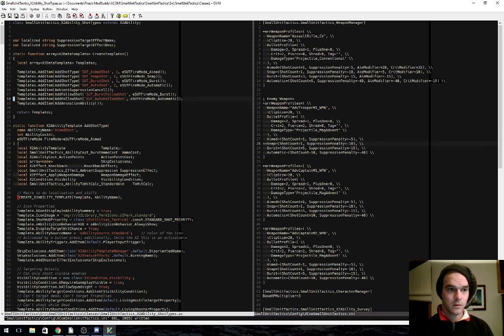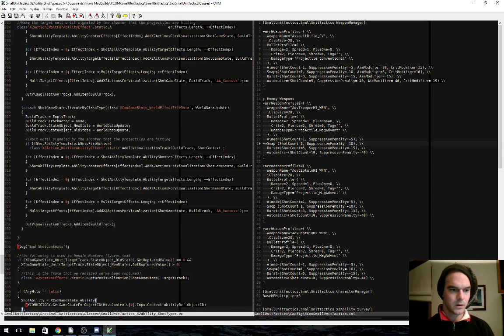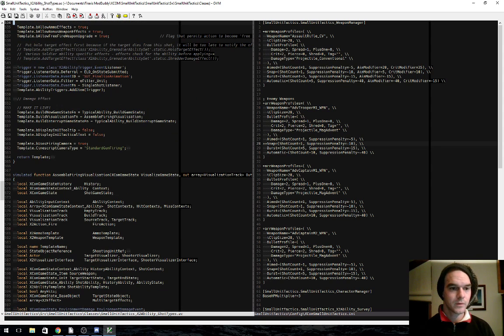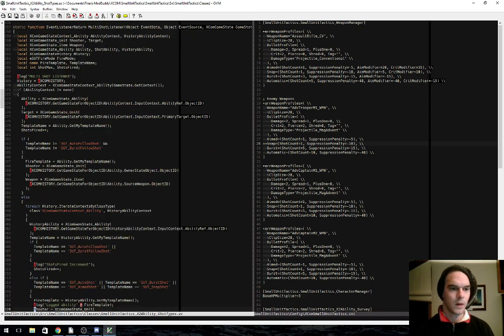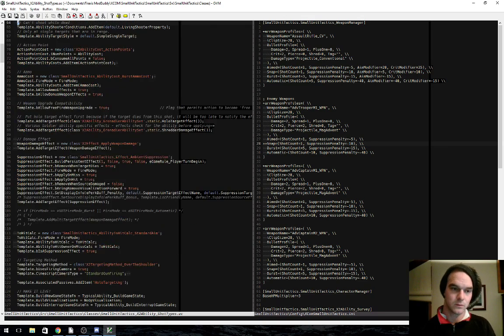Alright, so I'm going to fix up the visualizations for all of this stuff, this shot type. What I did originally is I deferred it all for a finalize animation ability, and what I'm going to try and do is get rid of that as the way to do visualizations and instead do each step, as it were, and do the necessary things for each step. So I've got an ability which is the initial shot, followed by potential burst shots, which will just have damage effects applied on them, and then finally the finalization of the animation will be the cancelling of the camera,